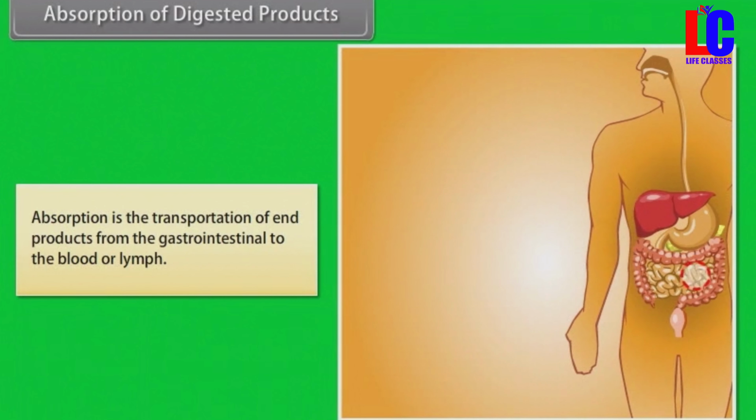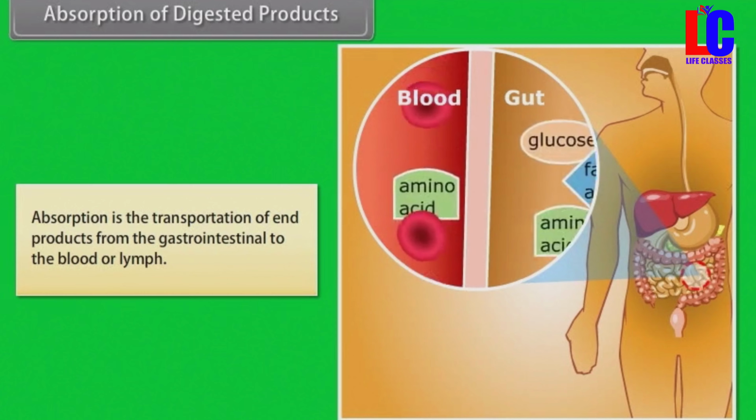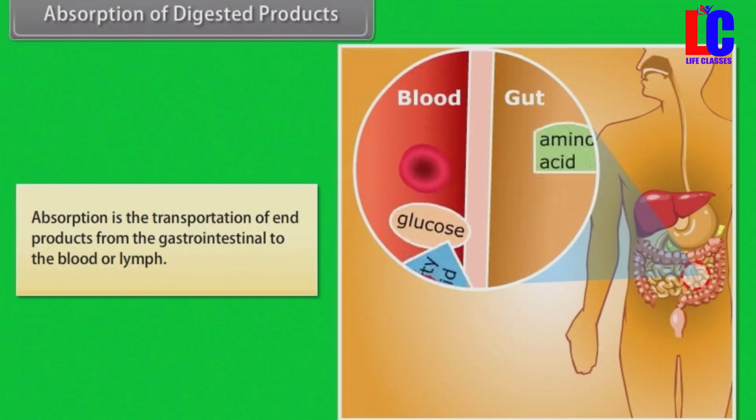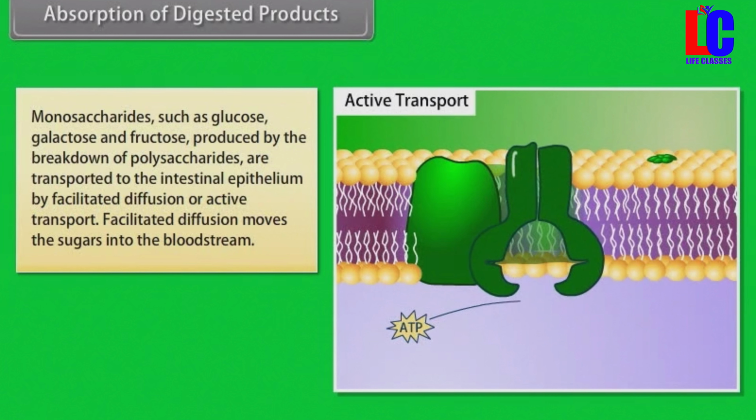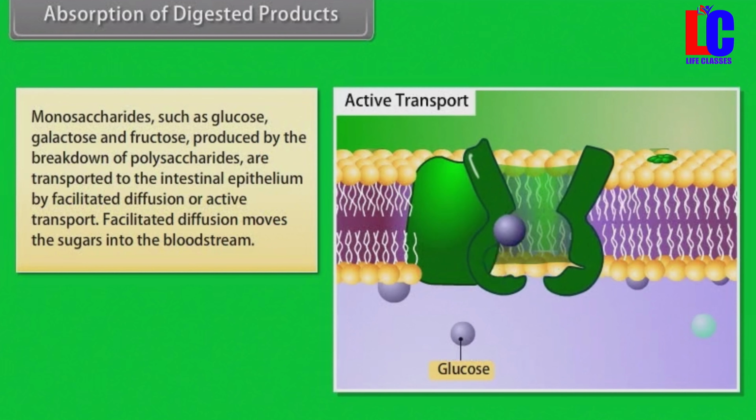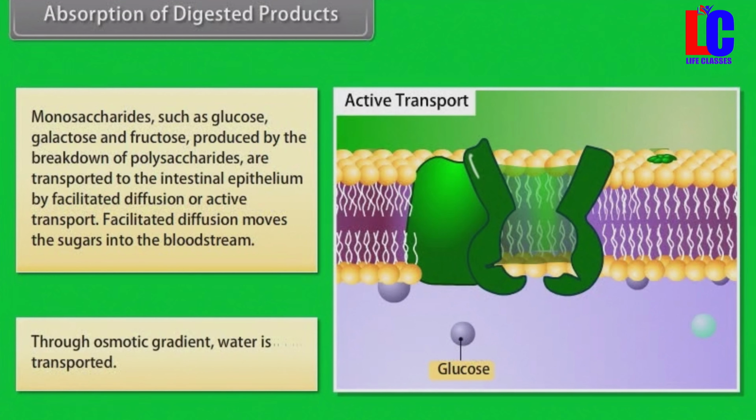Absorption of digested products. Absorption is the transportation of end products from the gastrointestinal tract to the blood or lymph. Monosaccharides such as glucose, galactose and fructose produced by the breakdown of polysaccharides are transported to the intestinal epithelium by facilitated diffusion or active transport. Facilitated diffusion moves the sugars into the bloodstream. Through an osmotic gradient,